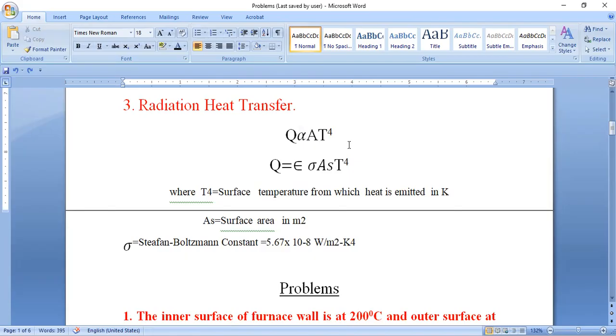Q depends on epsilon into sigma into As into T to the power 4. T is the surface temperature from which heat is emitted, in Kelvin. As is the surface area in meter square, and sigma is the Stefan-Boltzmann constant, 5.67 into 10 to the power of minus 8 watt per